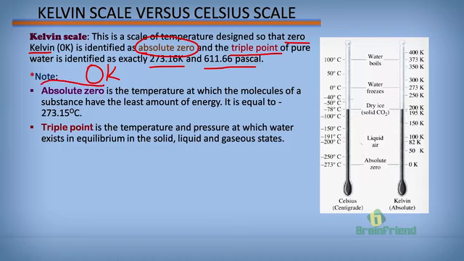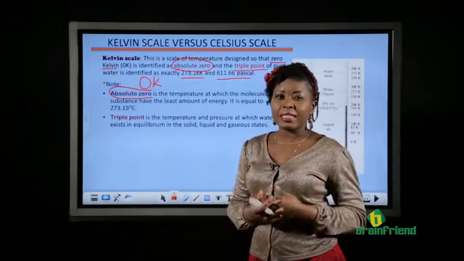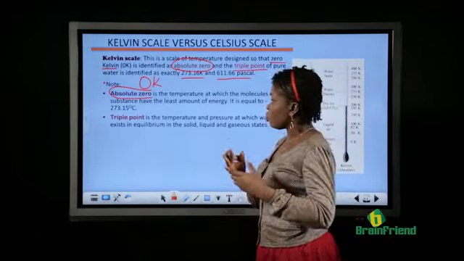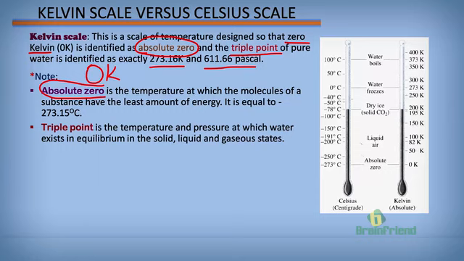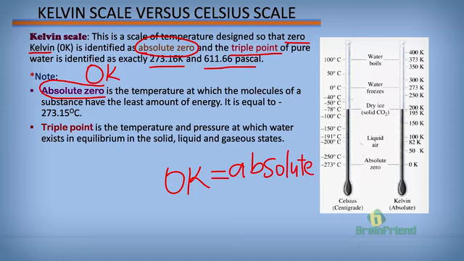So what is absolute zero? Absolute zero simply is the temperature at which the molecules of a substance have the least amount of energy. That is what we call absolute zero. The Kelvin scale is designed so that 0 Kelvin is identified as absolute zero. So at 0 Kelvin, we are saying that it is the temperature at which the molecules of a substance have the least amount of energy, and this is equal to